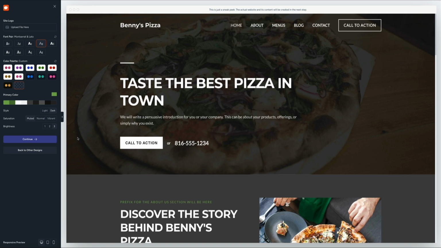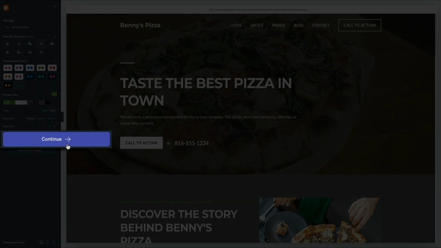And it's a huge time saver because you can fine-tune the design before the site is actually generated, ensuring that everything looks polished and on brand right from the start. Okay, once you've got the design set to your liking, click the Continue button, and you'll be taken to the